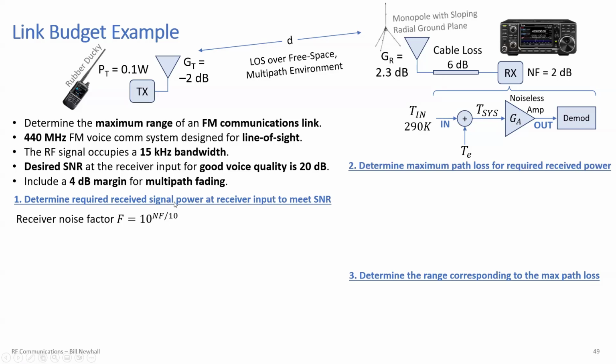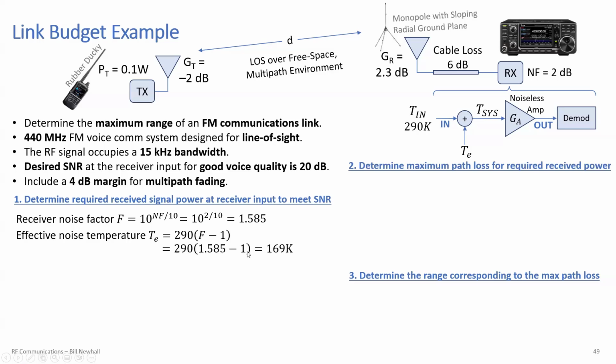The noise figure of that receiver is 2 dB. So its noise factor is 1.585. Its effective noise temperature is 290 times the noise factor minus 1. Right, so that's 169 Kelvin. Right, that relates to the noise power there